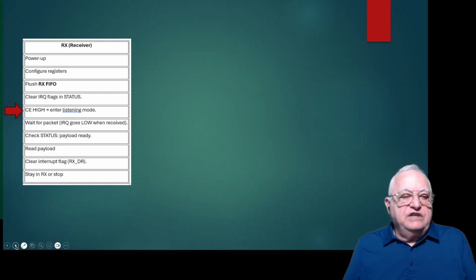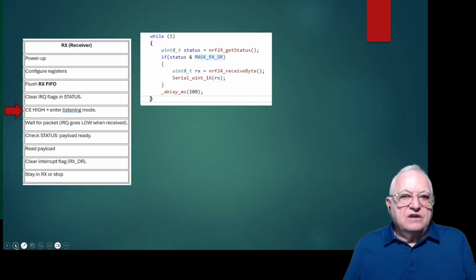Now let's look at the receiver. What is the receiver doing at the same time? So the receiver, what it does is we have a while loop in this case. We can do it by interrupts also. So we have a while loop where we're getting the status. So we get a status, and every time we get a status, we ask, hey, is there data? Did any data arrive? And that would be the mask RX